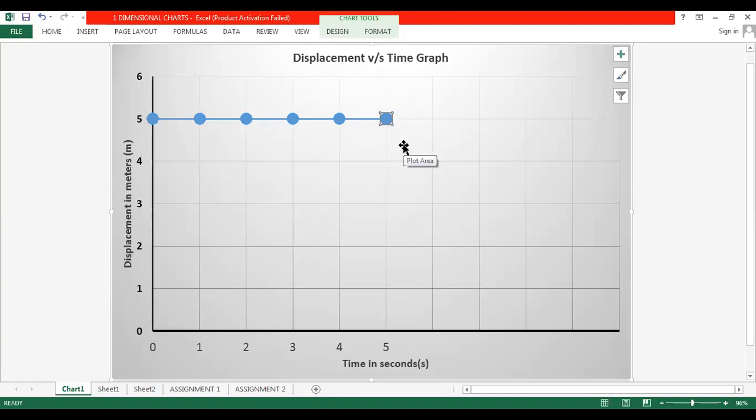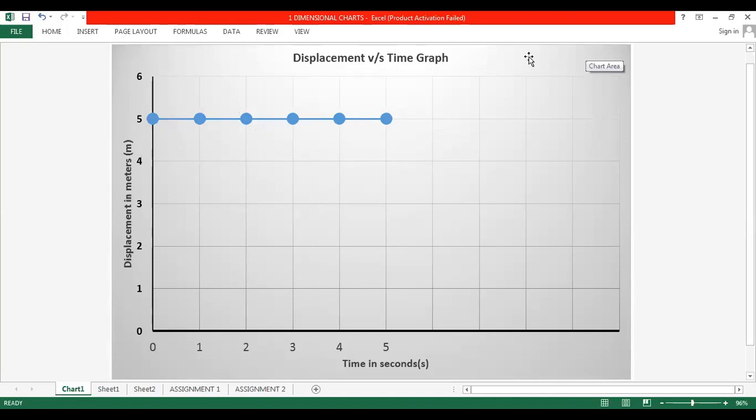Okay, class, are you getting it better? So we are getting a straight line like this. I hope you are getting a graph like this, class. If you are getting a graph like this, type yes in the chat. Draw it. Take some time. I'm not in a hurry. Take some time and draw it properly.